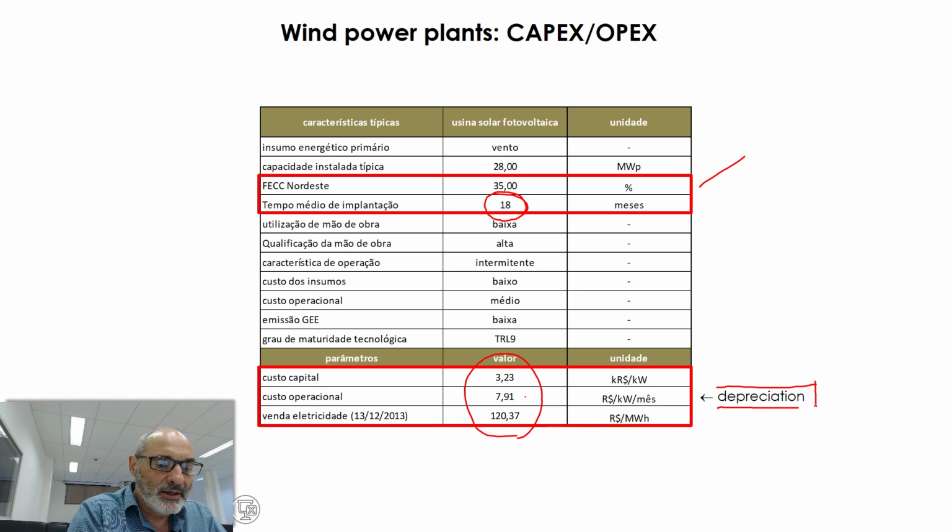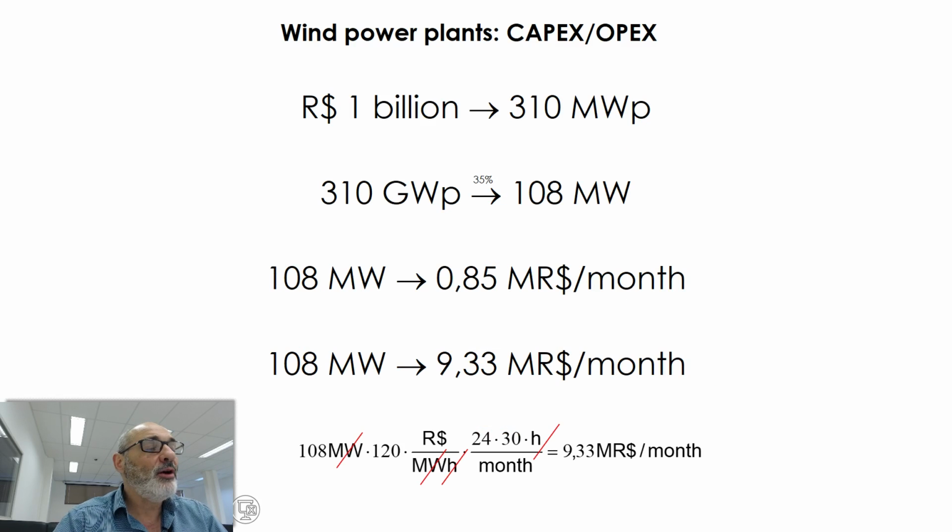So we're going to take into account, that means that we're going to multiply this number, 7.21 reais per kilowatt installed per month, okay, per month, and we're going to multiply this number by an increasing number, a function that will increase with time, okay? Well, the calculations that we're going to make, this is just an example, is so we take our 1 billion